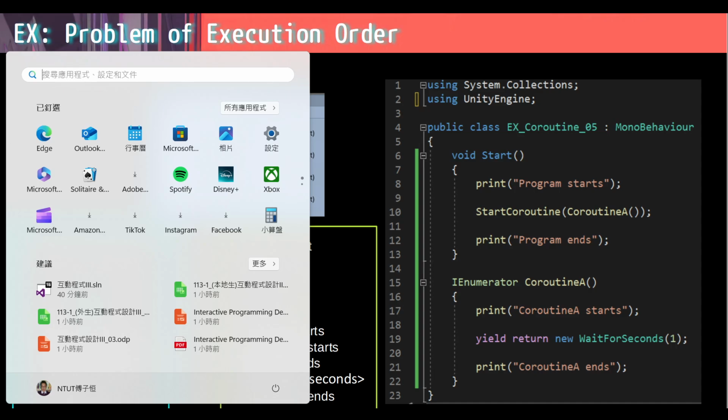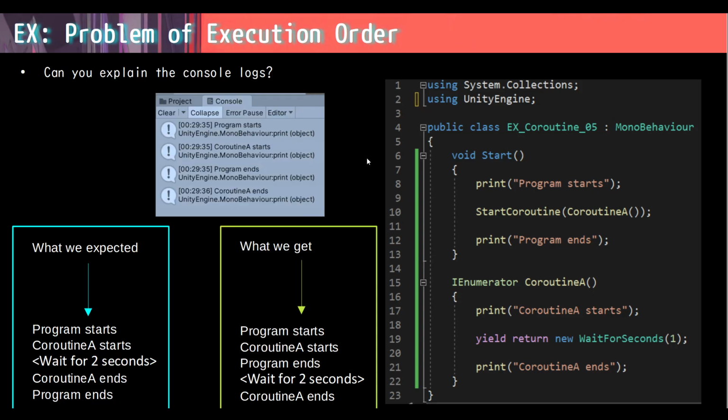Okay, welcome back. So let's continue the class, and I will just talk about the coroutine, right? Even though you're not going to implement a wait-for-seconds function yourself, if you want to use some special API, like reading a file or loading some HTML from the internet, the API Unity provides is pretty much a coroutine. So later you'll see that